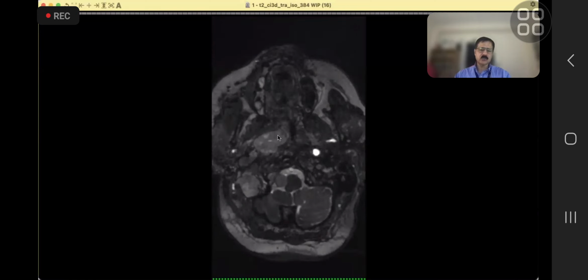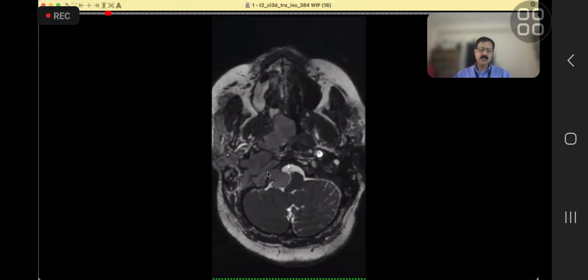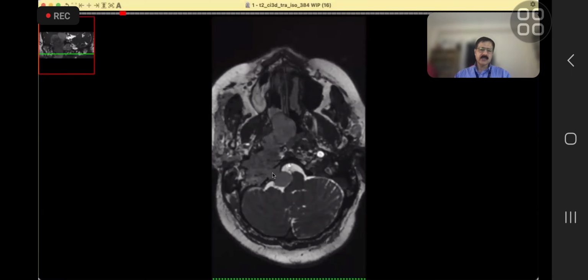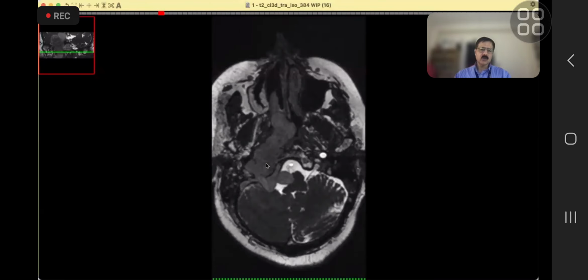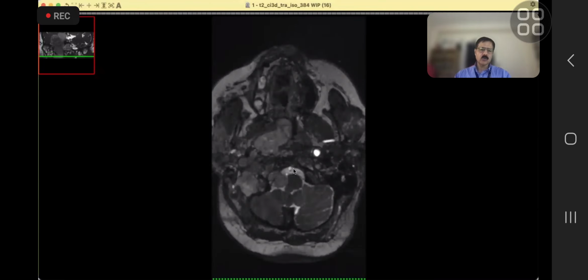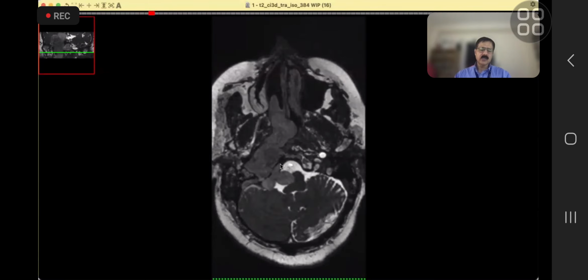here is the masticator space. Part of it is extending into the masticator space. Now, if you see the clivus is gone here, and lateral to the clivus is the sphenoid portion of the temporal bone, and the carotid canal. All of these things are destroyed. And